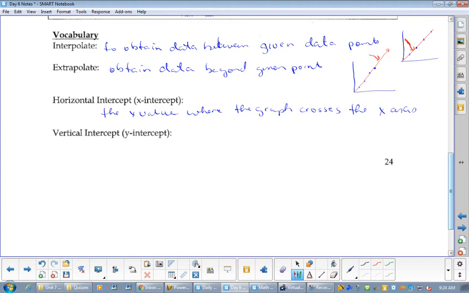Okay, and I'm going to give you the vertical one, and then I'm going to draw a picture. The vertical intercept, we never call it the vertical intercept or the horizontal intercept, just so you know. I always call them the x-intercept or the y-intercept, but it is the y value for where the graph crosses